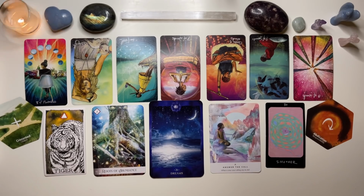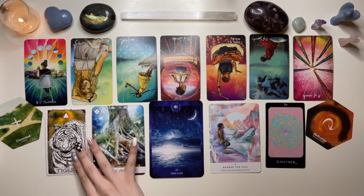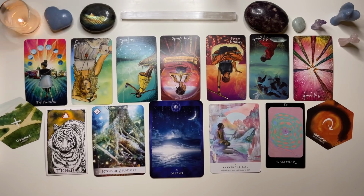In fact, you might be really sensitive to the moon phases. This tiger talks all about being in tune with the lunar forces. I'm thinking of when Dwight Schrute, if you watch The Office, talks about wishing that he had a menstrual cycle so he could be more in tune with the moon and the tides. You don't have to be a woman, or a person who menstruates, but I feel like what Spirit is saying here is that